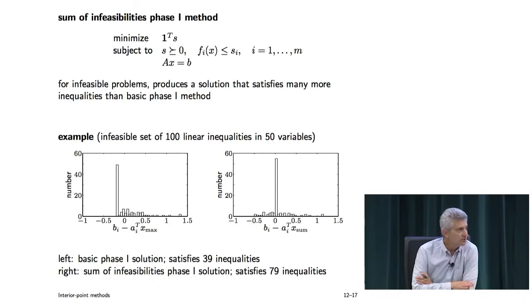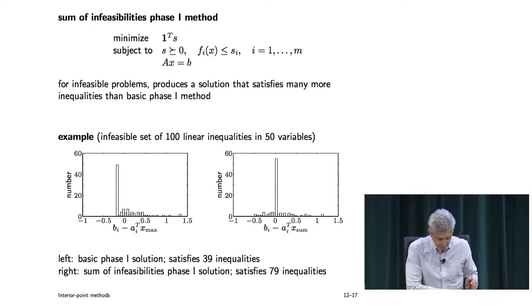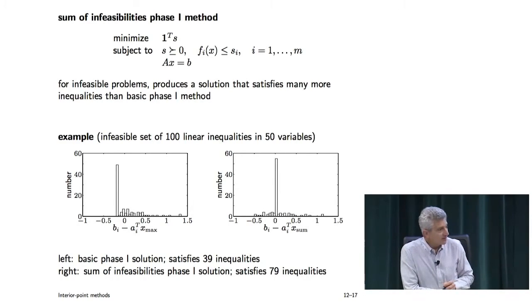In phase one, you determine a feasible point, and then in phase two, you find an optimal point starting from a feasible point, right? So those are called phase one, phase two methods. Actually, most modern methods use a different thing which combines both of them at once. So here's another variation. Instead of minimizing the maximum of the functions in phase one, you minimize the sum of